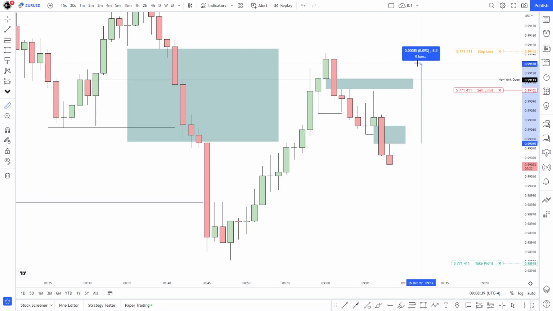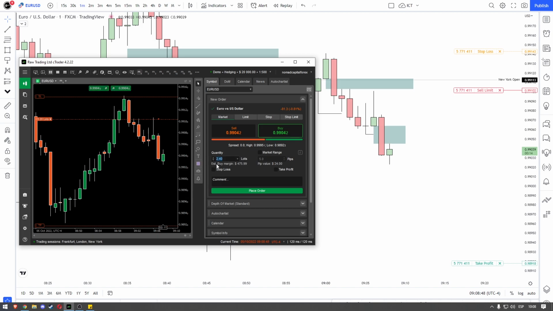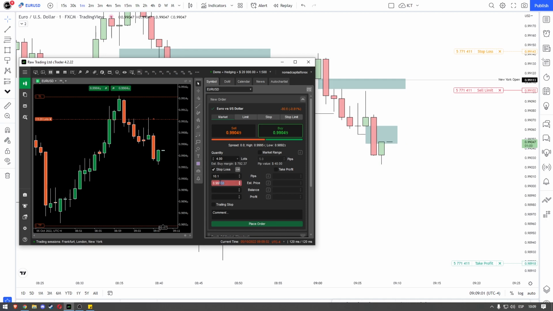How much do we have? I'm going to have to use the same stop loss though. So that's 9.7 pips of stop loss that I'm going to have to use. And it's going to be market, so let's call it 4 with the stop loss at 99.143. Please stop moving, bro. It continues moving. I don't know why it does that. Let's just take off the stop loss and stuff like this.